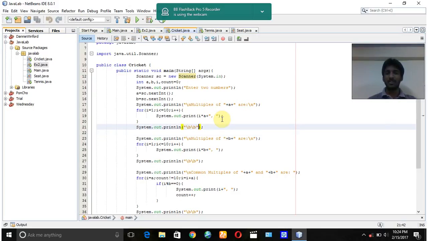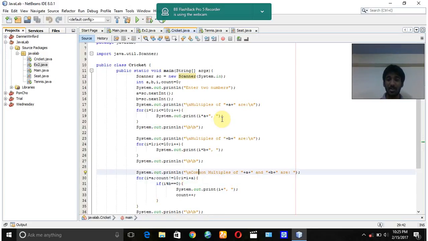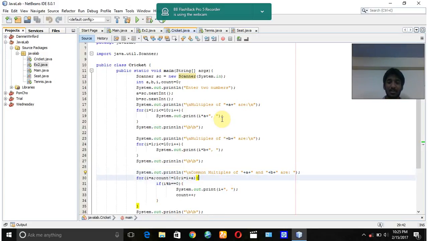I don't think it works in this program. In C++ it did work, but I'll have to check whether it works here or not. I don't remember. Then multiples of b are again 10 multiples of b, and again the backslash. I hope it works. Then common multiples of a and b are,